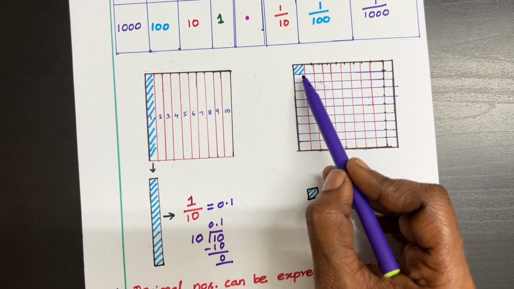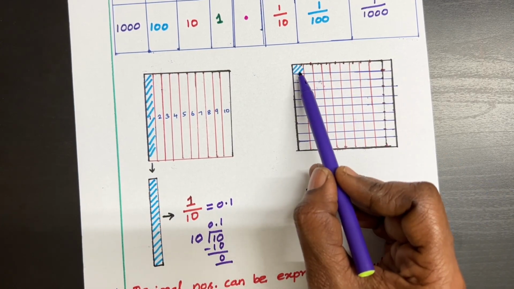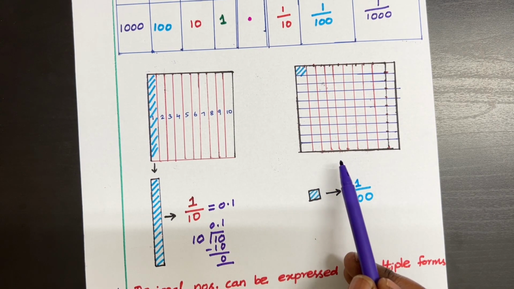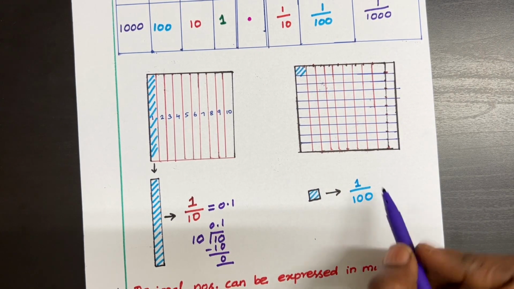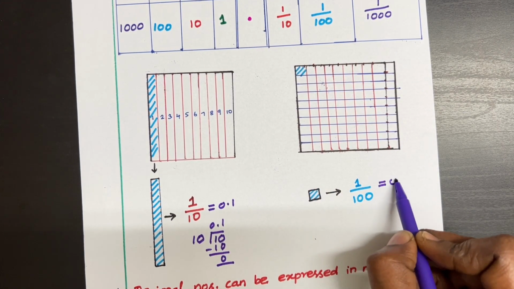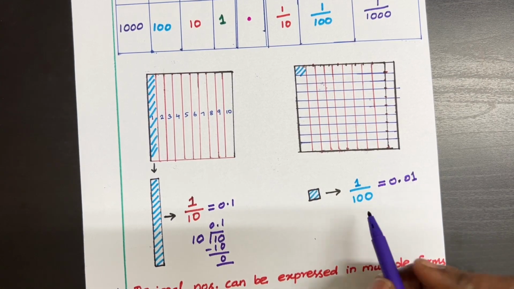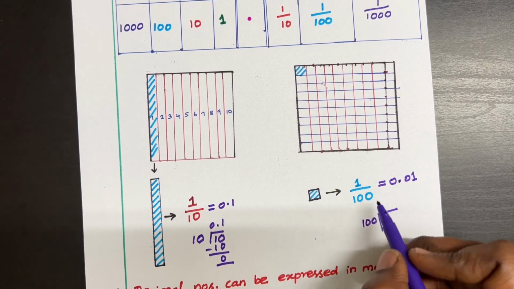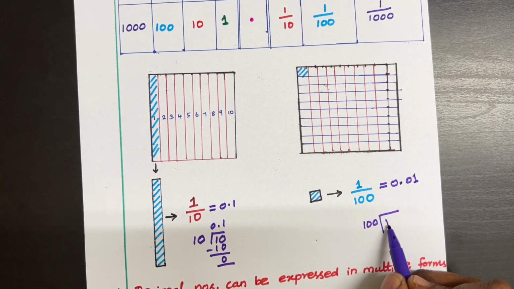So 100 pieces. If I am going to take only one piece out of this 100 pieces, what is the fraction? 1 divided by 100. This can also be written like 0.1. See here, 1 divided by 100. There is no 100 in 1. So